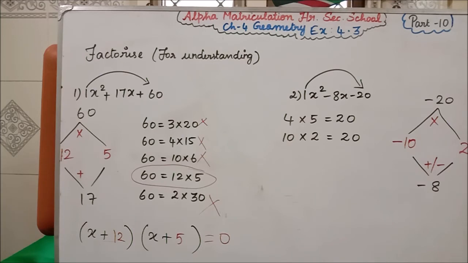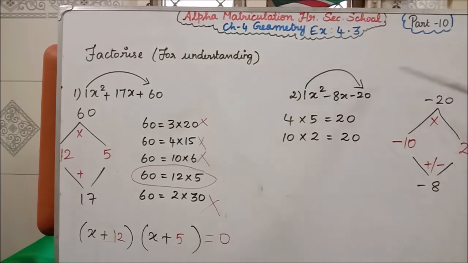Now you see how you have to write the answer. What alphabet are we using here? X. So write here X. What answer are we getting? Plus 2. So write plus 2. Again X only we are using. What answer are we getting? Plus 5. So this is our answer. Now we will see the next example.